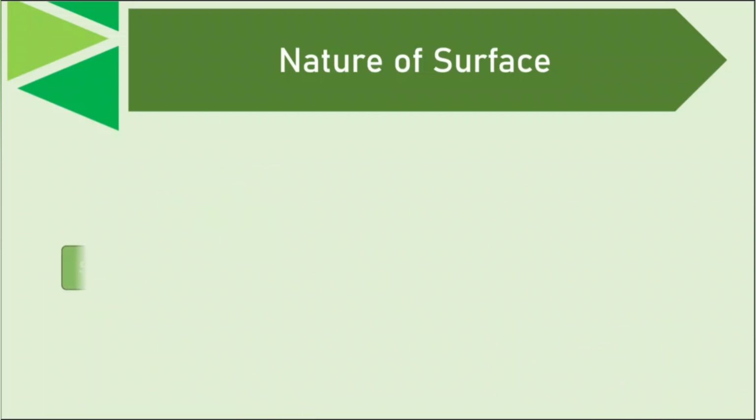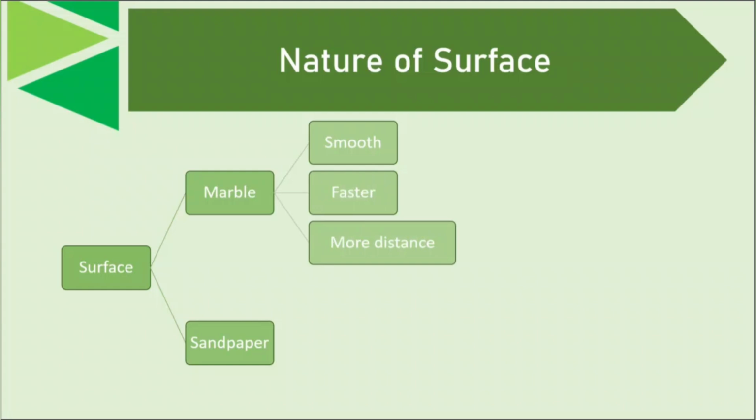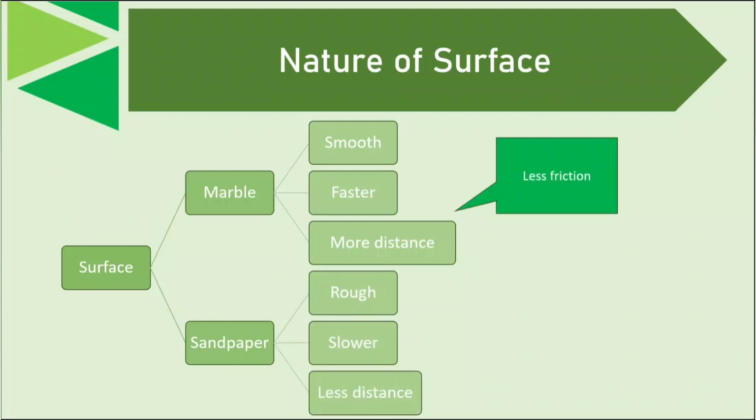Why is this? So let's just conclude whatever we just did in the activity. There were two surfaces, marble and sandpaper. What we saw in the case of a marble ramp is that because it was smooth, the motion was faster and also more distance was covered. On the other hand, in sandpaper, the surface was rough, it was slower, and it also covered less distance. Therefore, we can say that in marble there was less friction. What do we mean by less friction? It means that there was less force